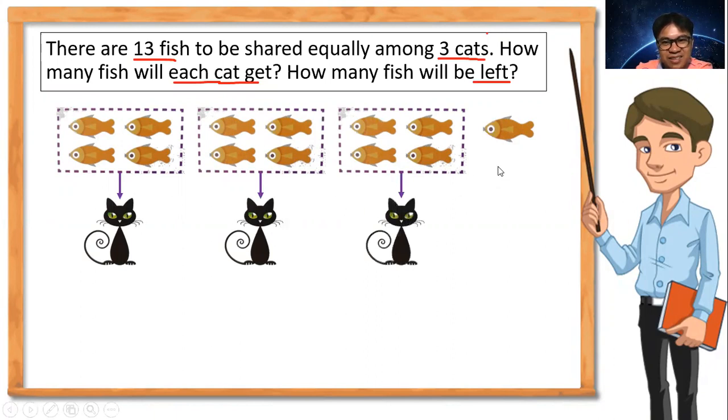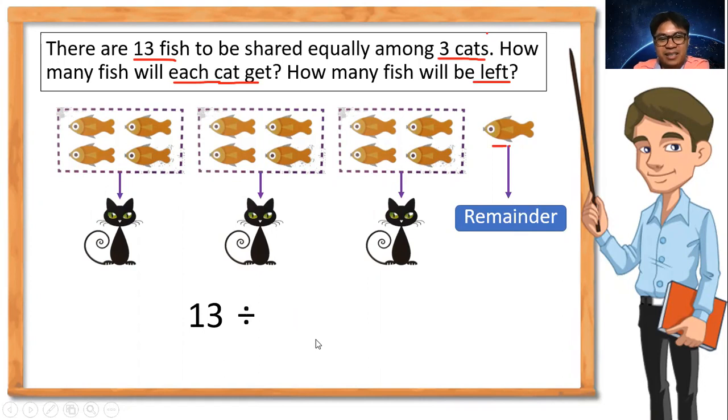So this 1 fish here left is called remainder. Okay, so 13 fish divided by 3 cats equals, each cat will have